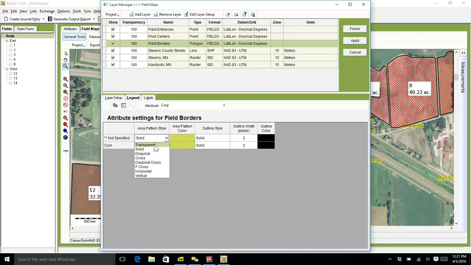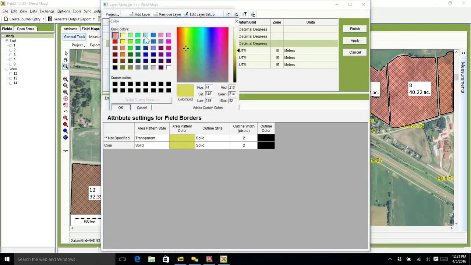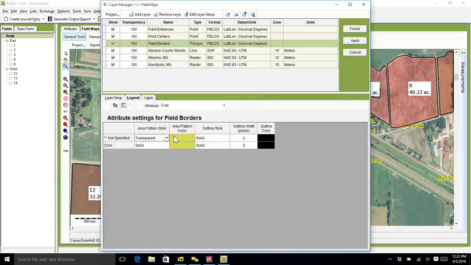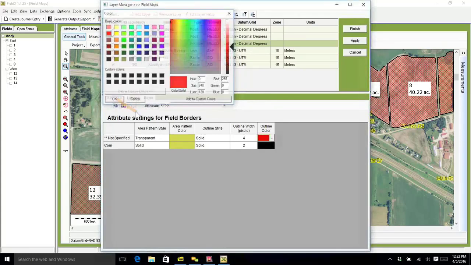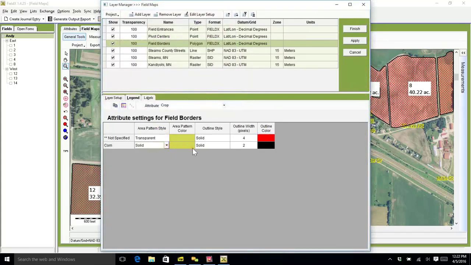So perhaps I want, if it's not specified, I want it to be transparent, and my area pattern style won't matter because I made it transparent, and I want the outline width to be wider. So let's say 4 and make it a red outline. If it's corn, I want it to be diagonal cross, so you'd select the pattern, and then the color,